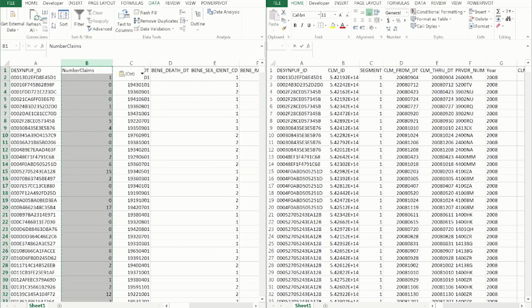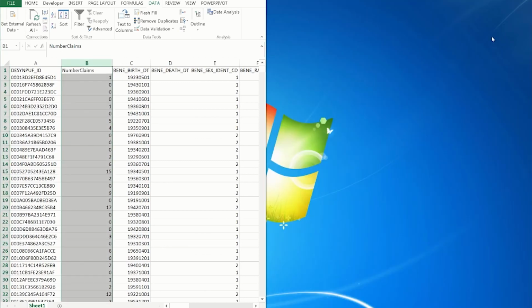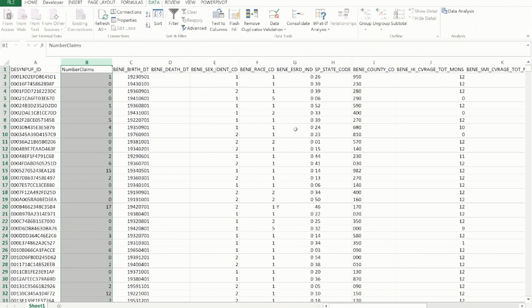When that is completed, let's ensure that we save the spreadsheet. Now, we are finished with the Claims 2008 spreadsheet, so we can close that out and maximize the beneficiary summary